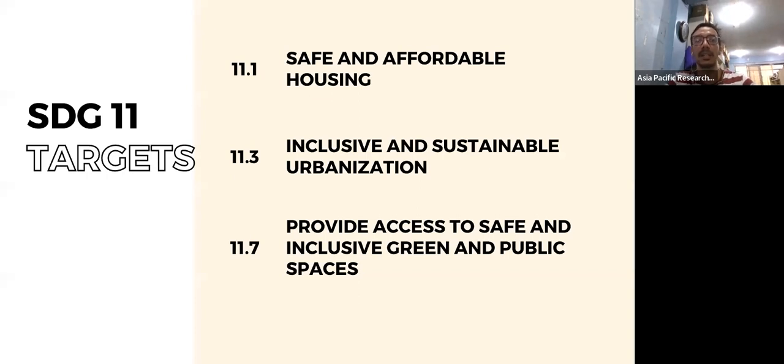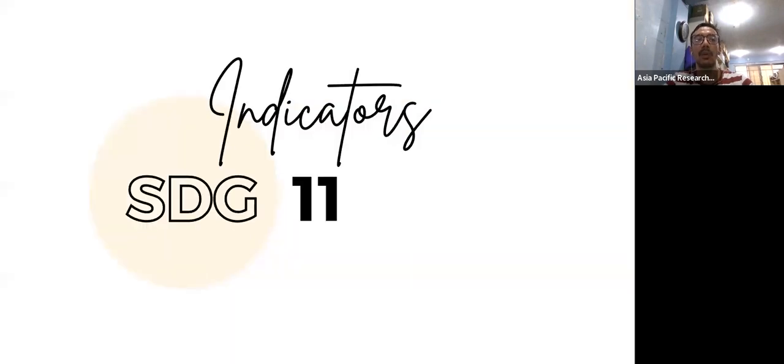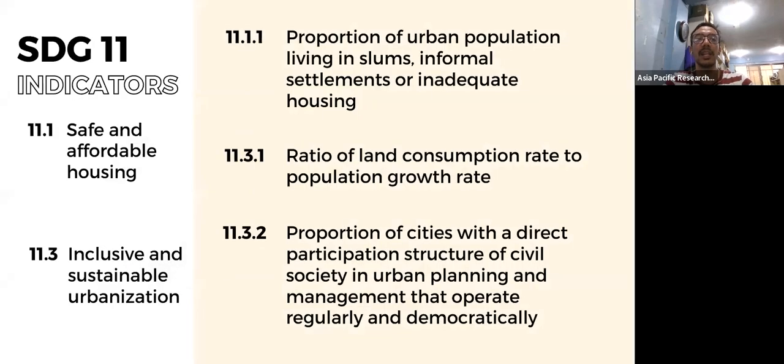So aside from targets, SDGs, including SDG 11, also have what we call indicators. These are the measures that can be taken to see if the SDG is being achieved or how far we are from achieving these SDGs. So for SDG 11, for the targets that we have